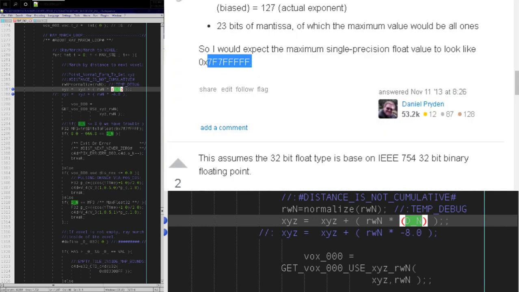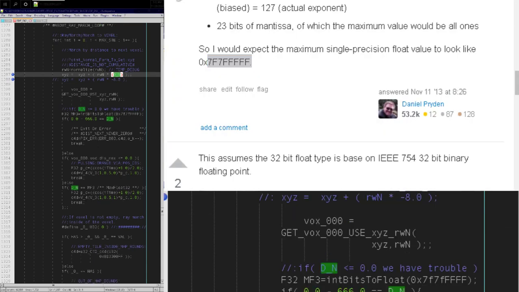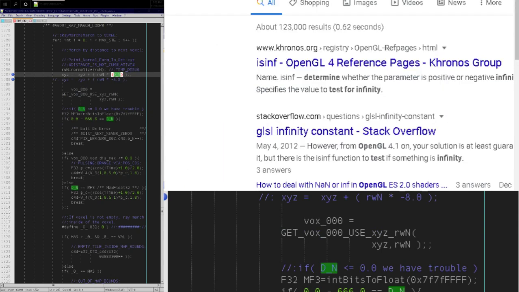So can we check for infinity? Oh, first of all, where? Oh, less than or equal to 0. Okay, so we do have that. Check for infinity, right? So check for infinity GLSL. So what if is inf, right? Like maybe where